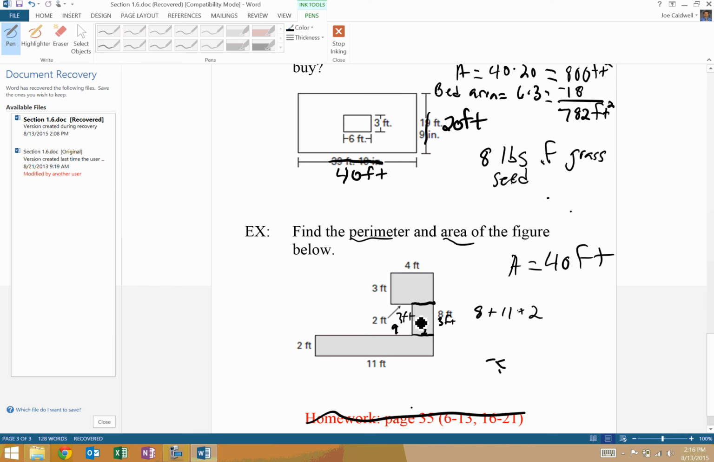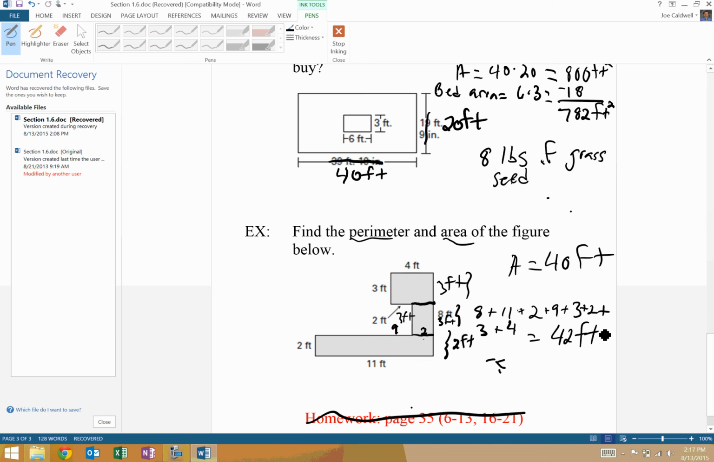Okay, so let's go back up. So we have plus 9, plus 3, plus 2, plus another 3, plus 4. So that gets us all the way around. So we got 9 by subtracting that out from here. We got 3 feet from earlier, because this was 3 feet, and we determined that this was 2 feet, right? So that had to be 3 feet. Okay? So we add it all up. 8 plus 11, 19, plus 2, 21, 30, 35, and 42